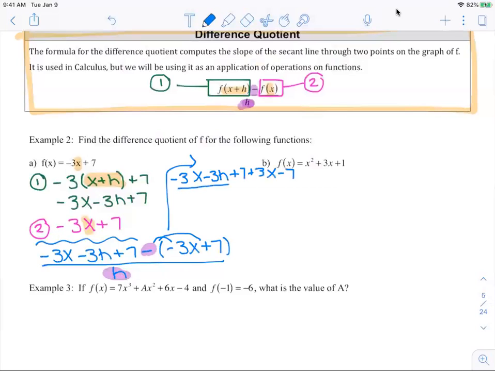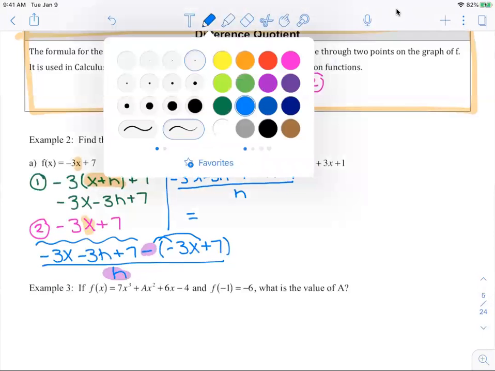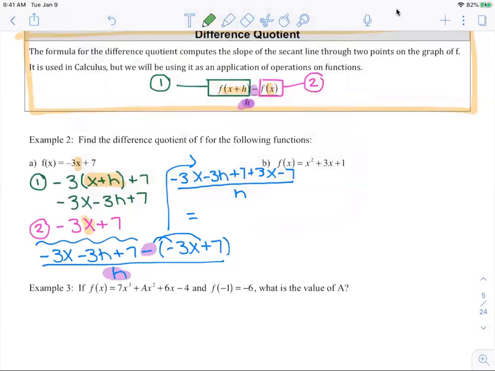And once again, all things are being divided by h. And then I'm going to simplify again. Notice I have some like terms here. I can combine -3x plus 3x. Whoa, that goes away. That's 0. And then I combine a positive 7 minus a 7. Well, that's 0 as well. So the only thing I'm left with